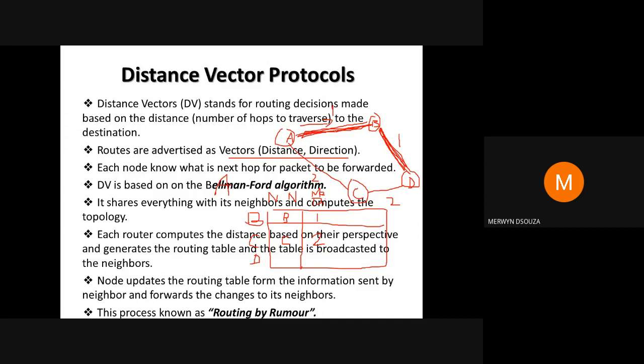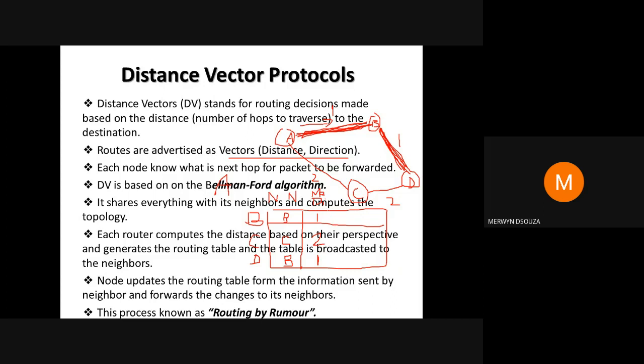And as you have discovered here, this is the shortest path. When it is sending a packet, it cannot send a packet directly to D. So it has to write the entry for the next node to which the packet has to be forwarded. The next node in the direction of the path is B, so the entry here will be made as B, and the distance here will be written as 1.